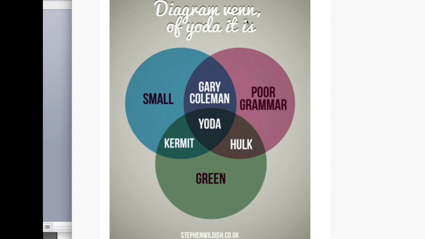So, and I like this one because I'm small too, and I have green eyes, I'd probably be here with Kermit. I don't think I have bad grammar, although I'm sure some people would disagree with that, but you know,